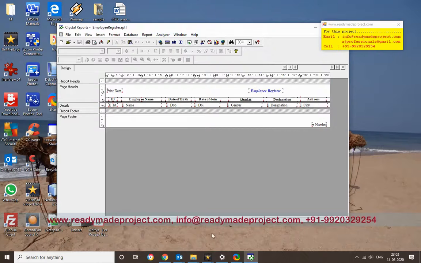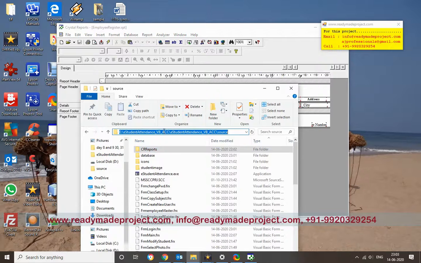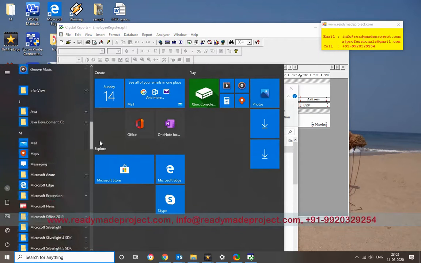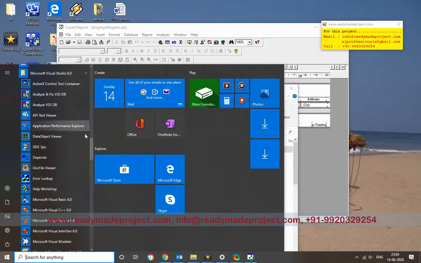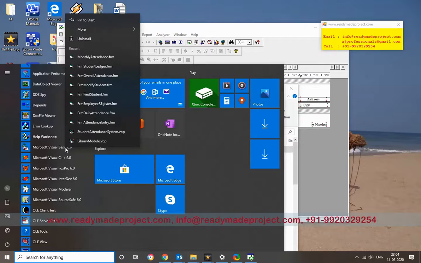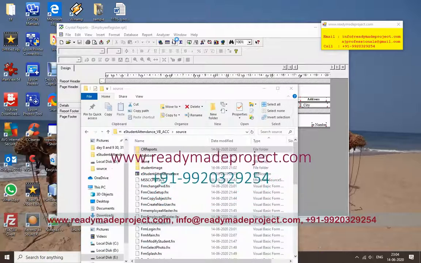So to start this project, you just open it in Visual Basic 6.0. What I will do is start Visual Basic 6.0 first. To start, go to the Visual Basic 6 folder, then you will get Visual Basic 6.0. Just right click here. I am using Windows 10. It is better to use a Windows 7 32-bit system, but mine is Windows 10 64-bit. So I will use run as administrator.